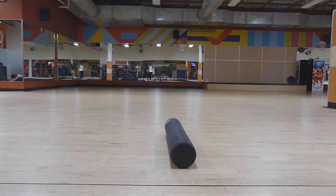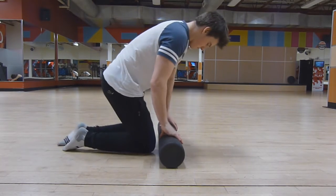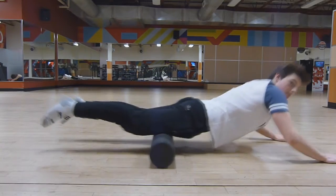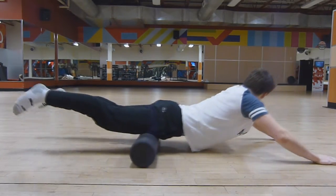What's going on, guys? So today I've got a really quick lower body warm-up I'm going to show you. You can do it before every workout. It's really simple, and it really increases your mobility, loosens you up, and can even help with your